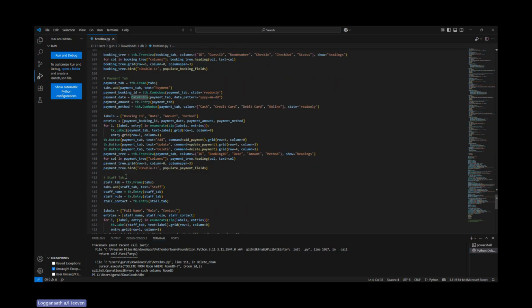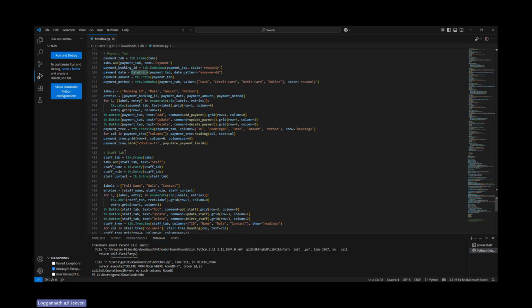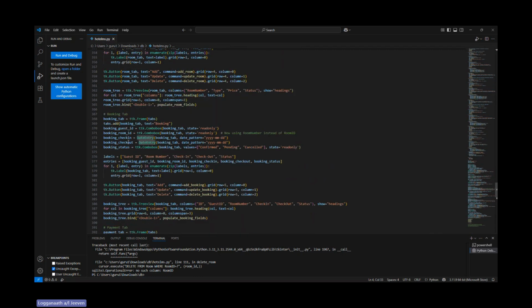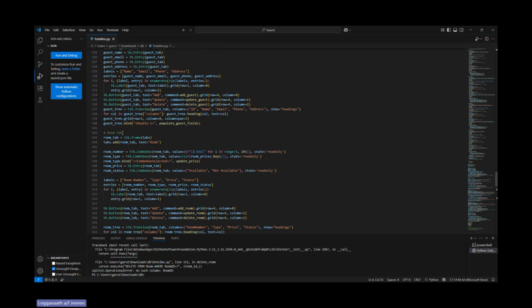Like what my teammate said, the staff tab is intentionally left as an individual tab because we have not assigned any foreign key. We have not done any relation to other tables according to the ERD diagram. For the payment tab, booking tab, and room tab, we are using drop-down menus to enhance the consistency between the tables, so that if a guest is already registered, the same data will also appear in the booking tab. So just to show you